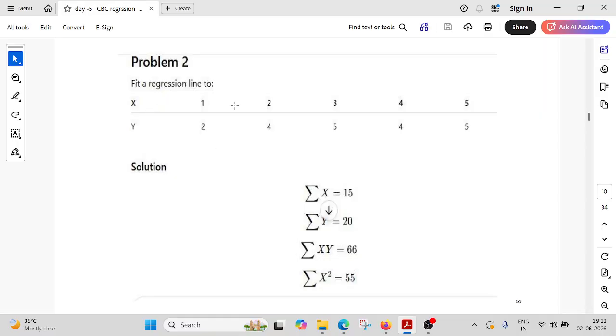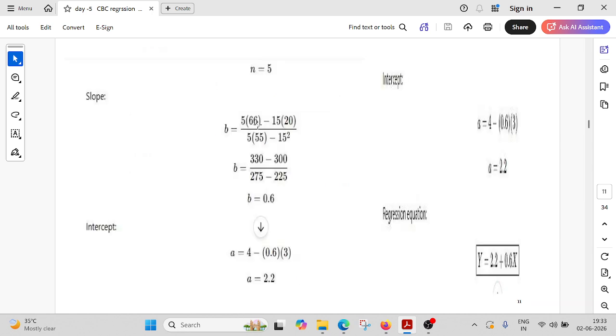You are going to fit the best regression line. Fitting of a best regression line using y on x. Here we use y on x, not x on y. Okay, you may get the doubt, why ma'am, why are you using y on x only, not x on y? Generally 99% of the time we are habituated to taking y is equal to f of x, right? Similarly here also we are taking y on x. Similarly you can find x on y also.